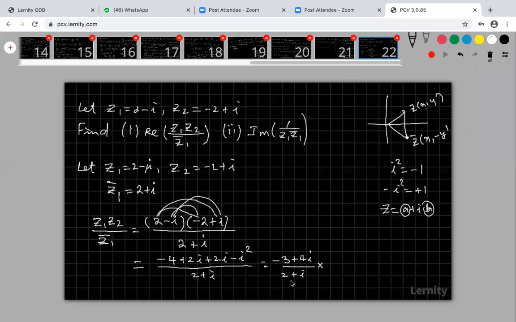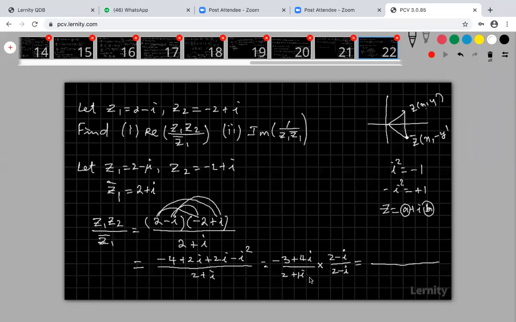What is the conjugate of this 2 plus i? Just now I have told that conjugate means your real part is the same, so you have to change the sign in the imaginary part. Here the imaginary part value is +1. You have to change the sign alone. Don't change the value. My conjugate is 2 minus i. Multiply the conjugate in numerator and denominator. Why, sir? Why are you multiplying? I am going to eliminate this denominator. Denominator is a complex number. Okay, I am going to eliminate the denominator.